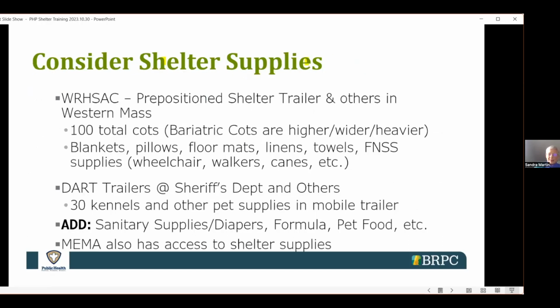Consider shelter supplies. Western Regional Homeland Security Advisory Council has pre-positioned shelter trailers throughout Western Massachusetts. Most of them have like 100 cots. Some of them are bariatric cots, which means they're higher, wider, and heavier for individuals who are overweight or can't get up from a low cot. They can't stand up from one. So these bariatric cots are in the trailers, as well as blankets, pillows, floor mats, linens, towels, things like wheelchairs,